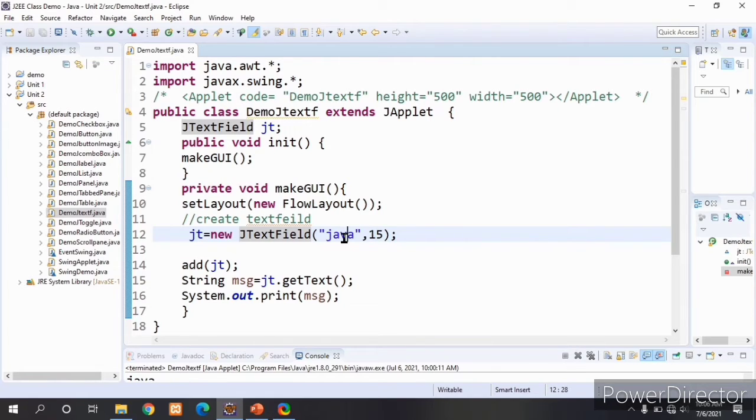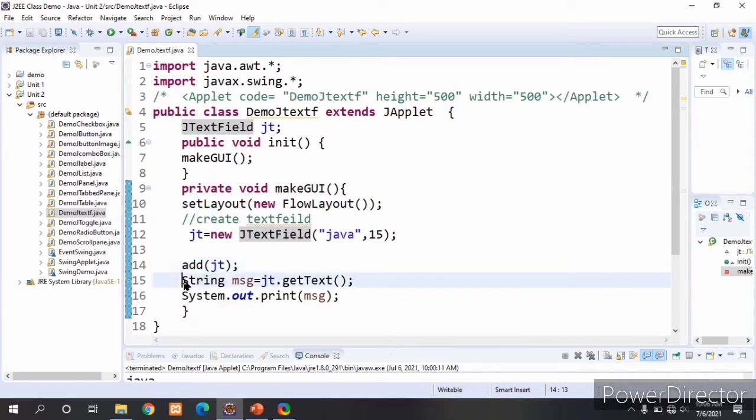It is taking the text as Java and the size as 15 columns. It will create the text field with the Java text. Next, I am adding that JTextField to the content pane of the applet viewer.